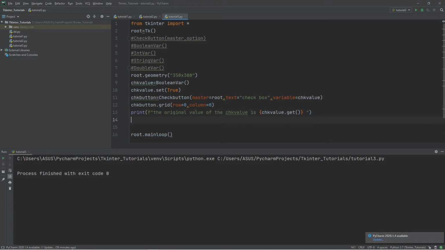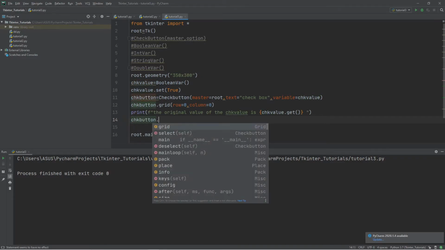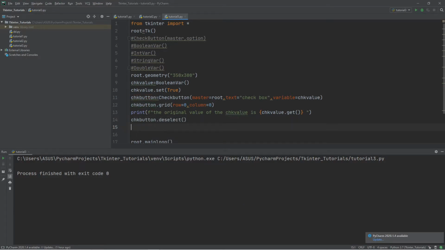So after that I will use check_button.deselect. I am using the deselect method to deselect the check button, and once again I will print after the deselect method,